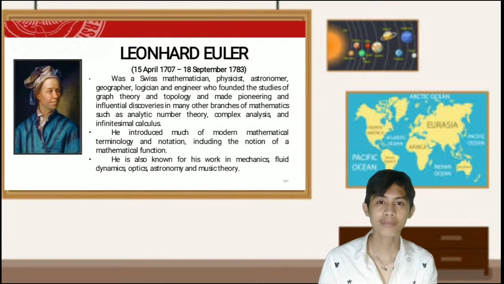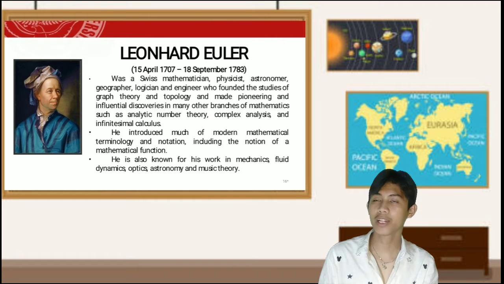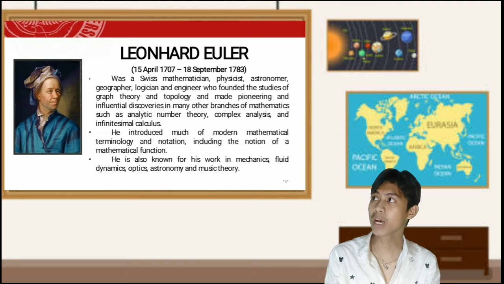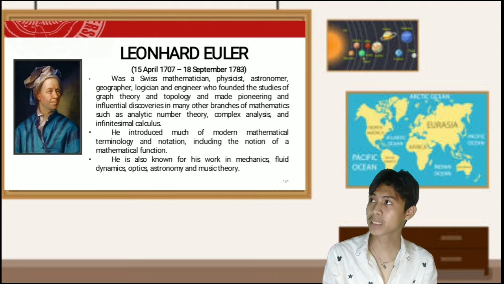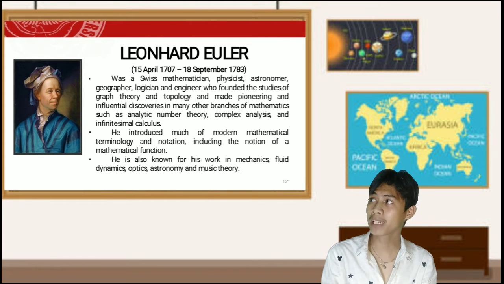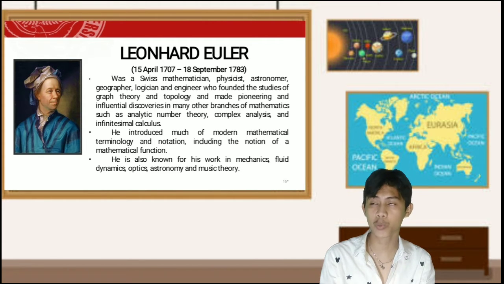Leonhard Euler was born on April 15, 1707 and died on September 18, 1783. He was a Swiss mathematician, physicist, astronomer, geographer, logician, and engineer, who founded the studies of graph theory and topology and made pioneering and influential discoveries in many other branches of mathematics such as analytic number theory, complex analysis, and the